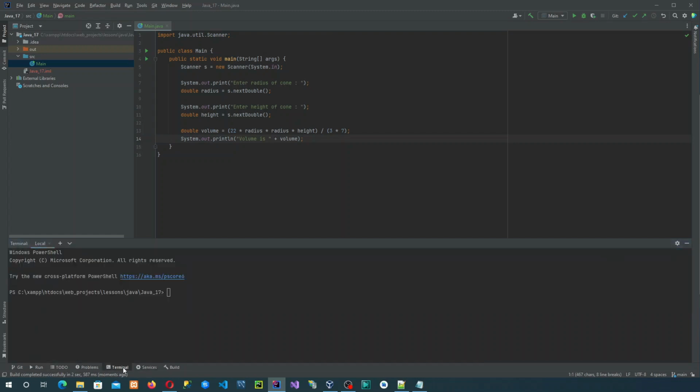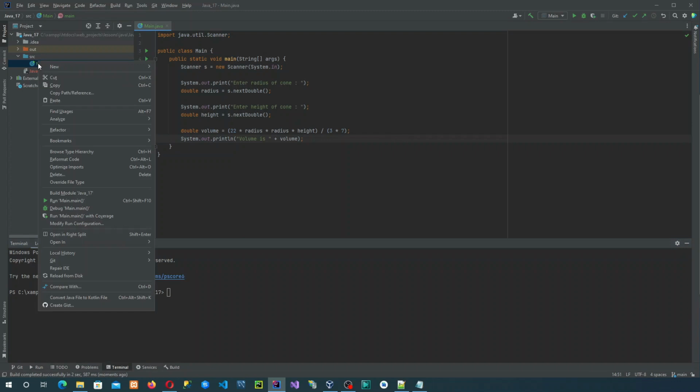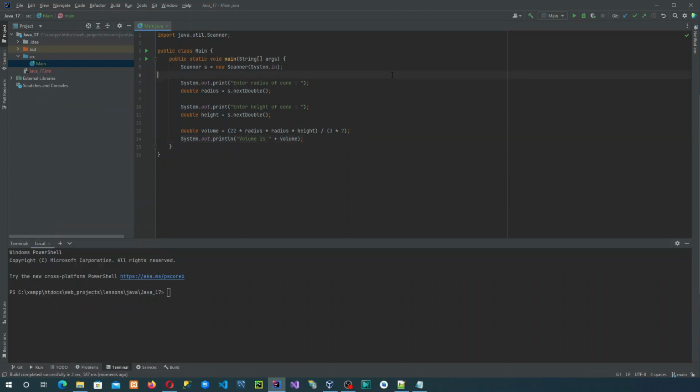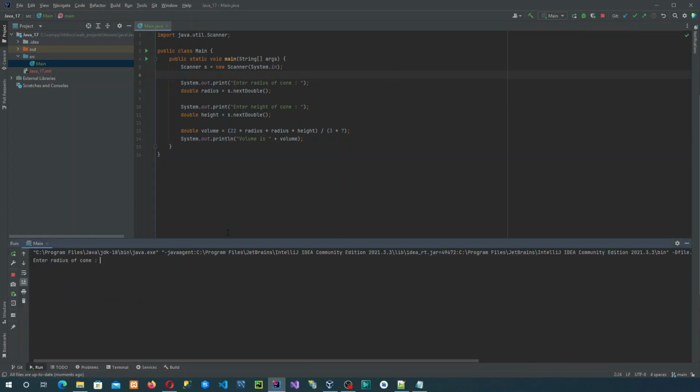Okay, now this time let's run. We can just right click here, then click run, or we can also click this button, run main. It's going to run. So we have here "Enter radius of cone", let's say 5, then height of cone again, let's make it 5. Okay, so we have the volume of the cone is